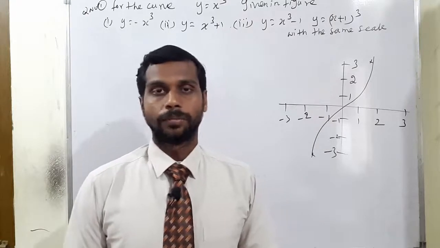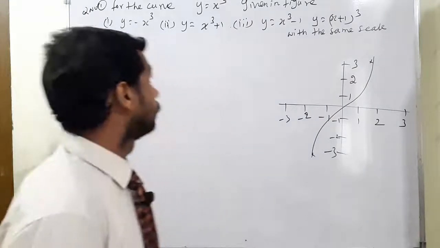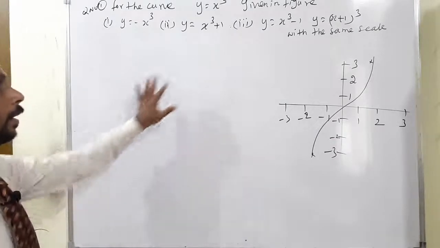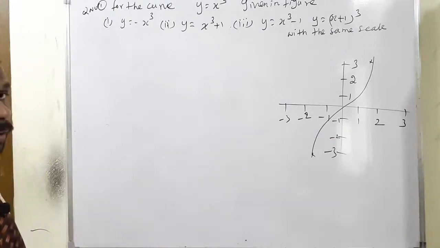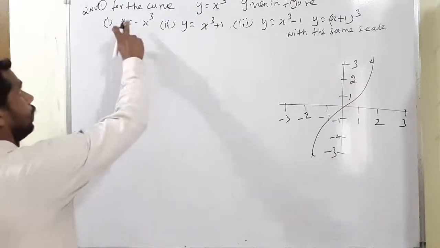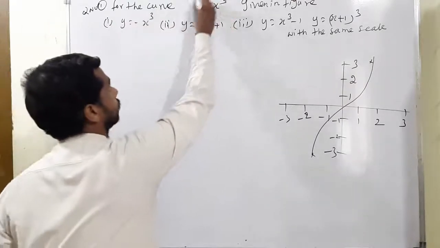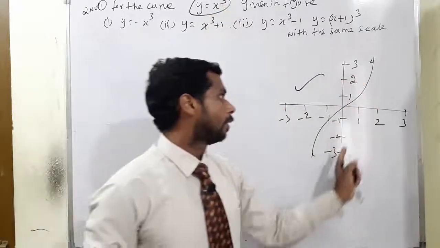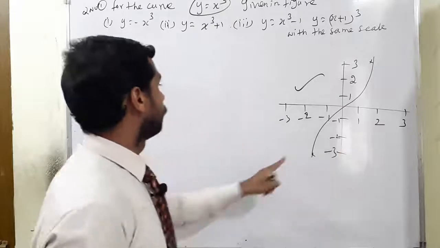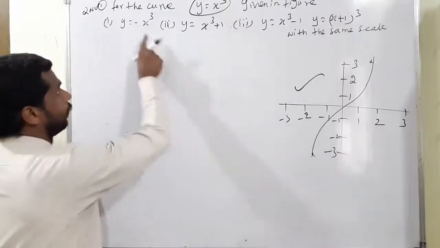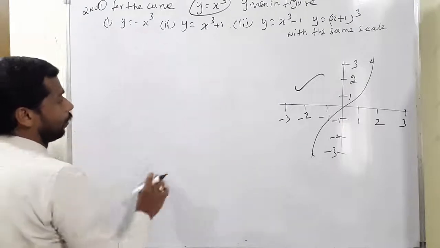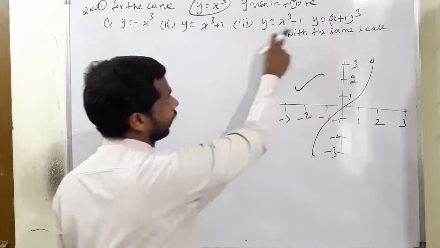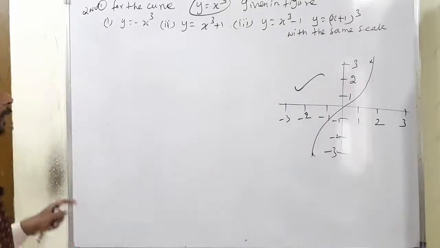In this conversation, we are moving to chapter number 1, especially the exercise questions. Okay, 1.4, question number 1. Given 4 subdivisions, one by one we can discuss. So the question is for the curve y is equal to x cube. The diagram is also given. According to this figure, we have to apply minus x cube and plot the graph. Then subdivision 2 is also the same, as well as the third and fourth. One by one we can discuss.